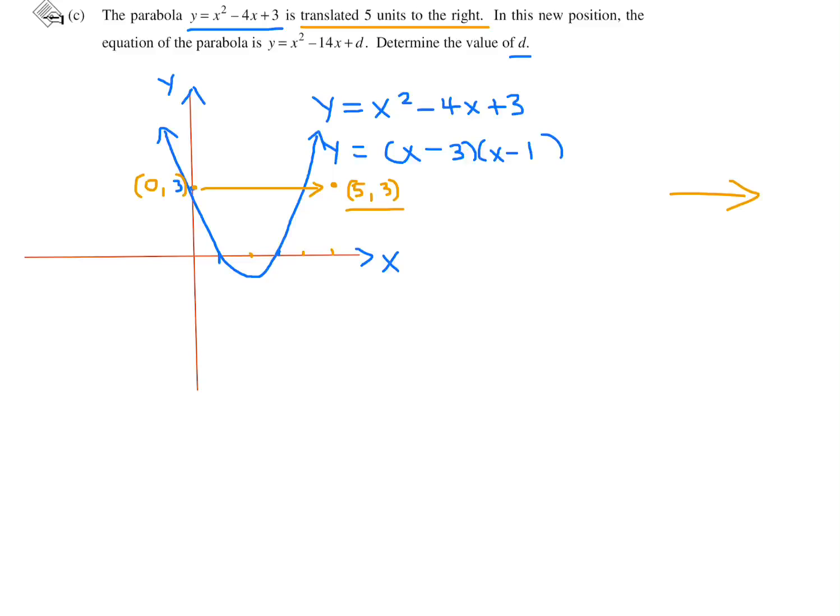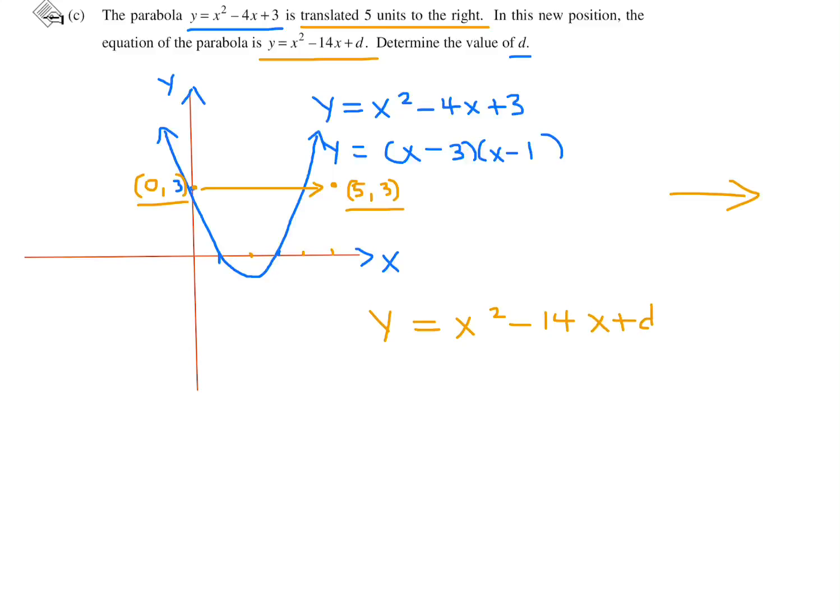And now that point is on this new parabola. So I don't really need to draw it in. I don't want to mess up this diagram, make it more confusing, but you hope you get the idea. We're translating all the points 5 units to the right. So we have 1 point for sure. It went from 0, 3 to 5, 3. So now our new parabola,